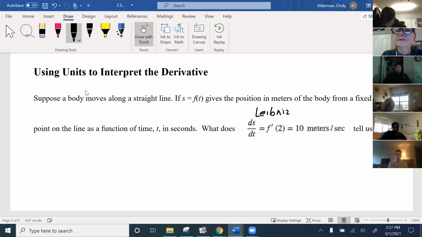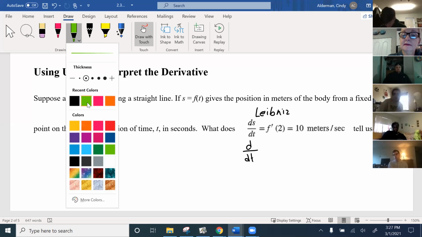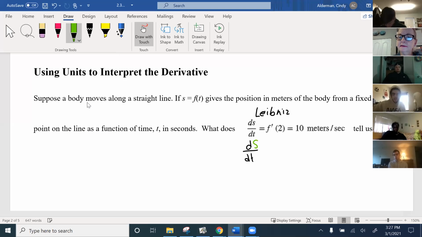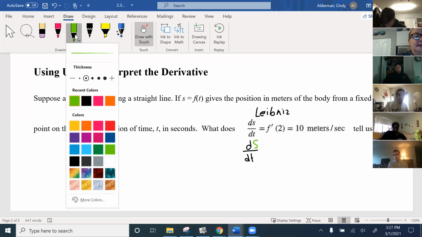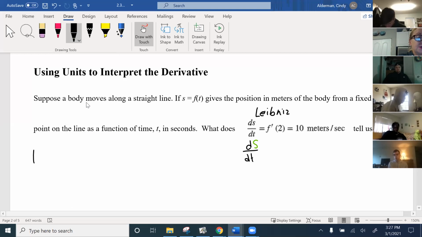And remember that this can also be written as d over dt of the function itself, right? So what this is saying is that the derivative at 2 is equal to 10. So what this means is when t is 2,